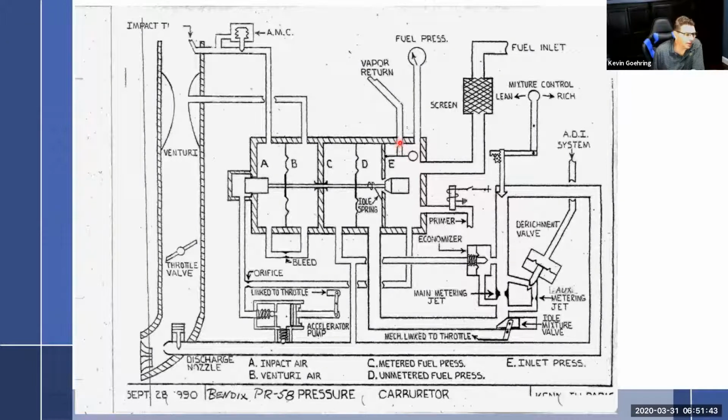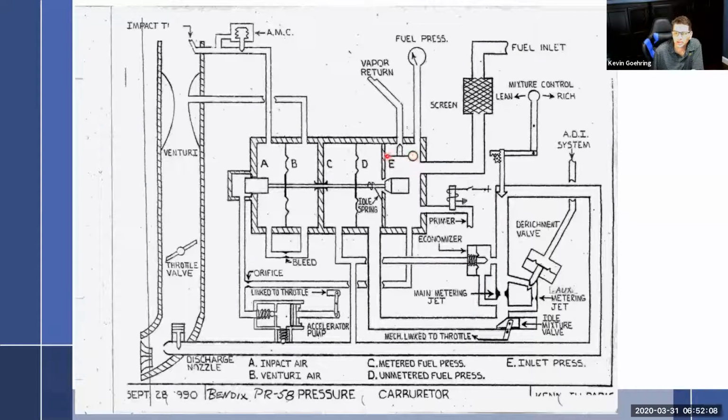But as fuel bubbles find their way into the carburetor, you don't want fuel bubbles running through your system. That's going to mess it up. So any air that gets in here is going to bubble up to the top and start filling this chamber up. And as it fills up, the fuel level is going to come down, and as the fuel level comes down, the little float is going to drop, and it is going to burp all of that air out.